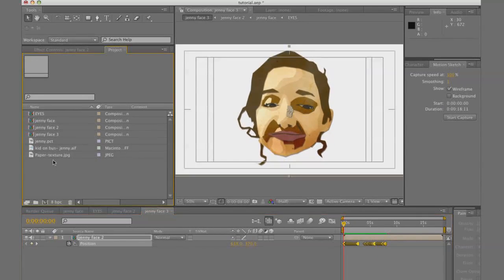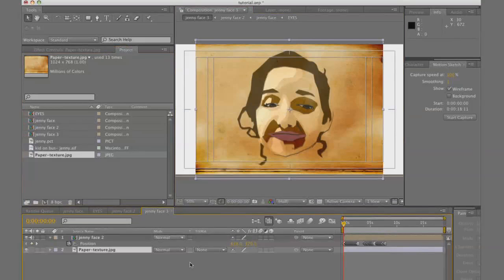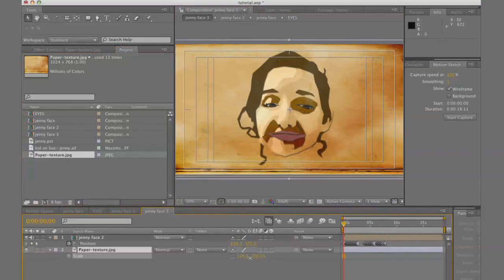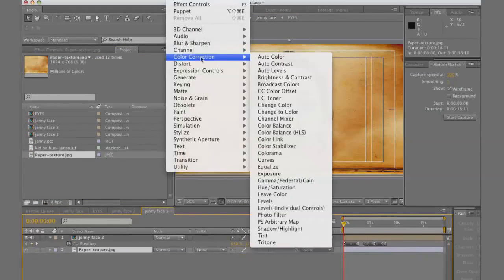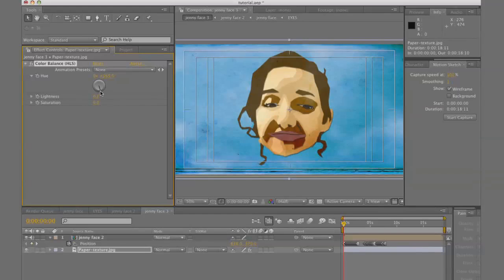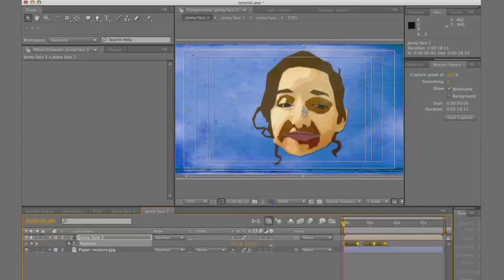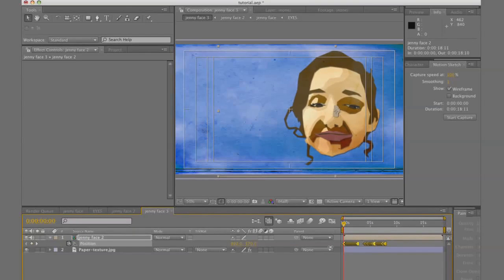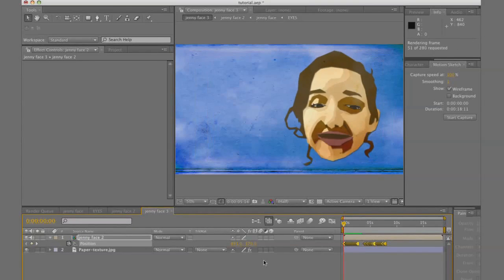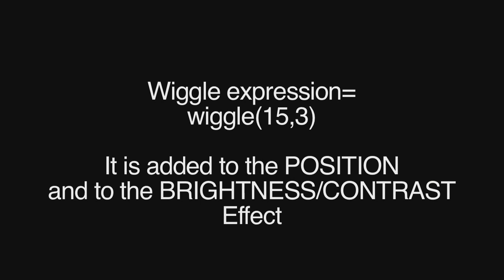So now we're going to take a paper texture, put it in the background, stretch it out to where it fits the frame, and I'm going to apply a color balance HLS effect to it, just to change the color of this paper texture as the background from Ginny's face, so she stands out. And then we're going to apply some of the same techniques that we've applied to all the layers in Ginny's